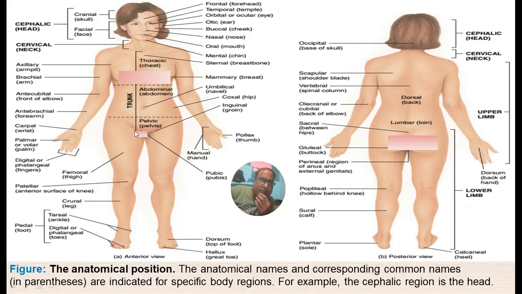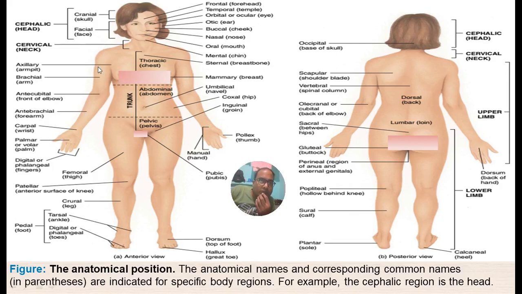So these are the cephalic, head, or cervical, neck, trunk region, and last, these are the limbs, the upper limbs and lower limbs. And these are the forearm, you can say, or digital or phalanges, like our manual hand, and these are the lower limb. The upper limb